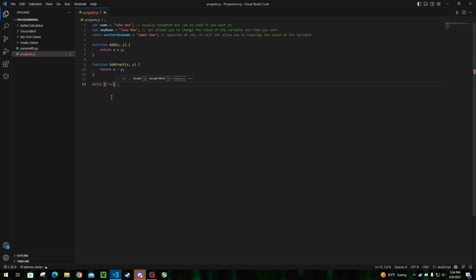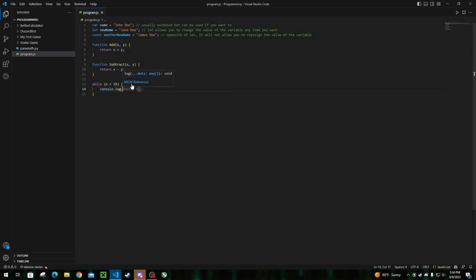But let's say we want to have this loop run until a number reaches 10. So number n, while n is less than 10,